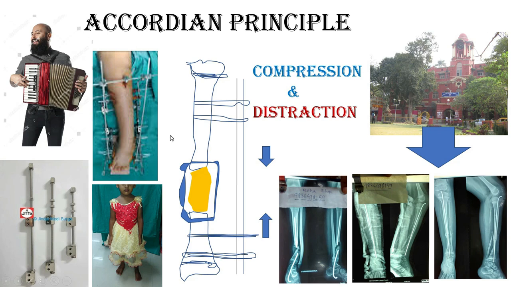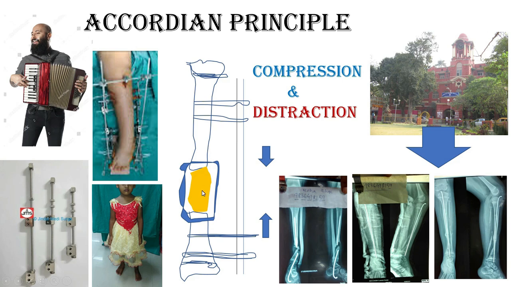When all hope of union is gone, then only pressure can cause the union of that unhealthy bone. What we can do, we can give a compression, then we can give a distraction. So repeated compression and distraction of this fracture site can induce localized gene activity for osteoblastic activity,